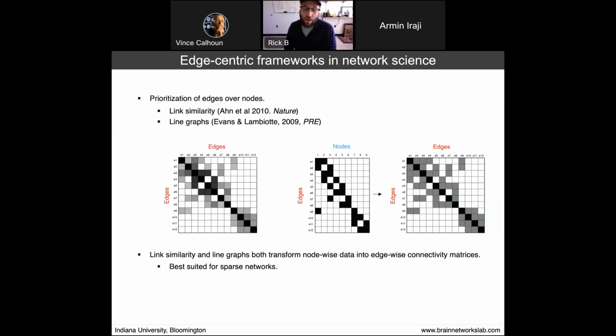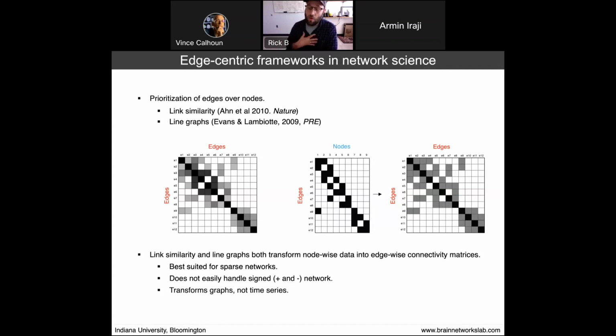If we wanted to apply this to brain imaging data, say functional connectivity, it's actually not straightforward. These two approaches are best suited for networks that are sparse, as opposed to fully weighted and signed networks like functional connectivity measured with correlation. And these approaches don't really have a convenient way of handling signed connections. It's common, even without global signal regression, to discover some small proportion of negative weights in a functional network. If we wanted to build an edge-edge network from those functional connectivity data, these approaches don't have a way of distinguishing between positive and negative connections.